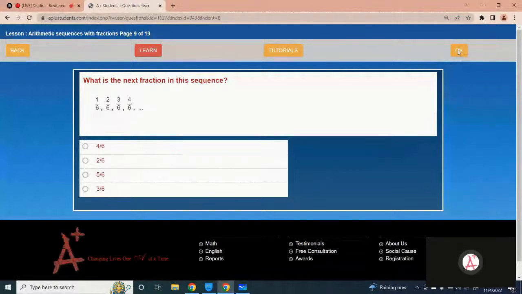Okay, the next one is, what is the next fraction in the sequence? 1 by 6, 2 by 6, 3 by 6, 4 by 6. The next one is,